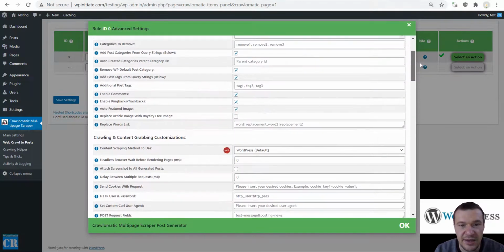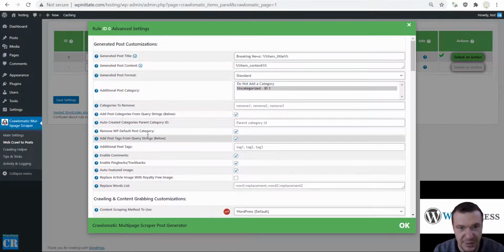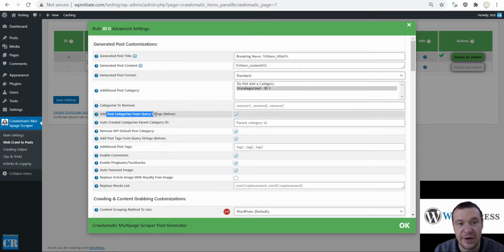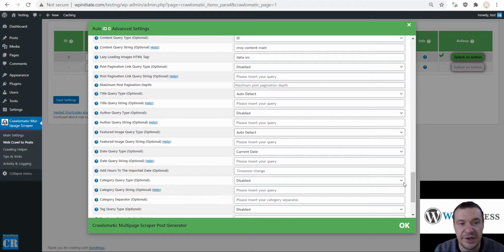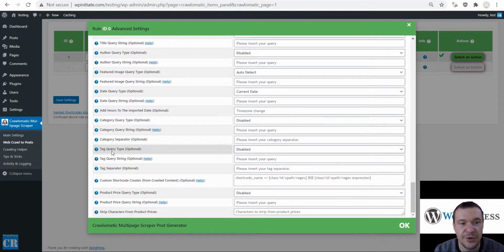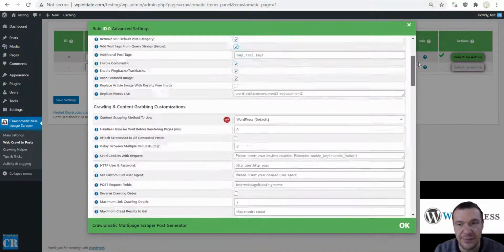This is needed for the auto add tags and add created categories query string settings to work. So this one and this one need also, besides this to be checked, also you need to enter the query strings for tags and categories. Okay,